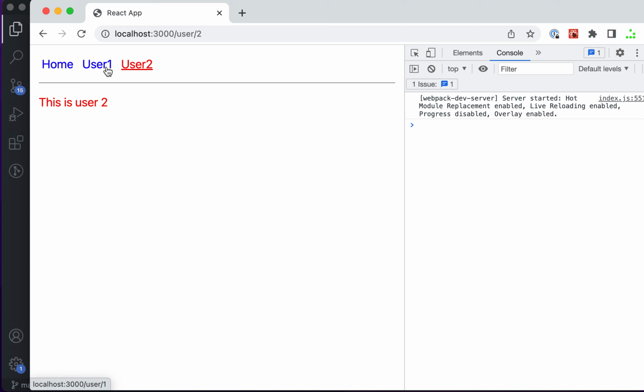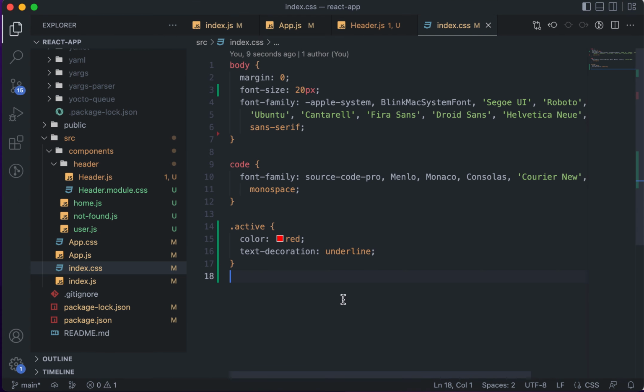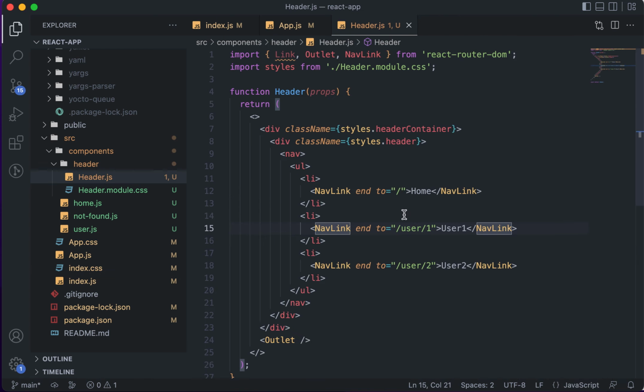Okay, so color I have changed, and then underline behavior also has changed. So whatever you need, this sort of small thing can be readily achieved using this active thing. Okay, so now we have learned about